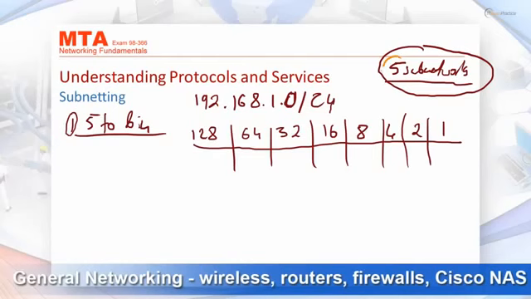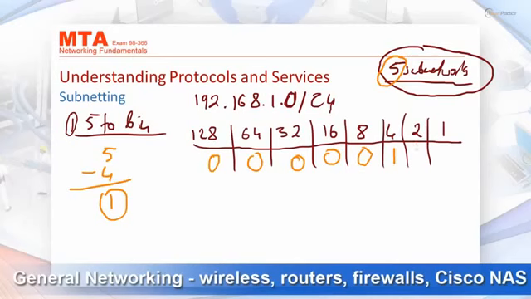Now, we have to convert number 5, okay? We look at this table and we say, no, 128, that's not good, it's 0. 0, 0, 0, 8, no, that's too much. 4, yeah, that's okay, because 5 minus 4, I can do that. It is 1. I am left with 1. 2, no, that's not good. And 1, yeah, I'm okay. 1 minus 1, that's okay. You should always get 0 at the end. It means that 5 in binary is 0, 0, 0, 0,